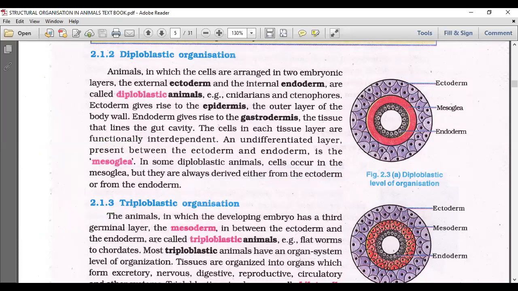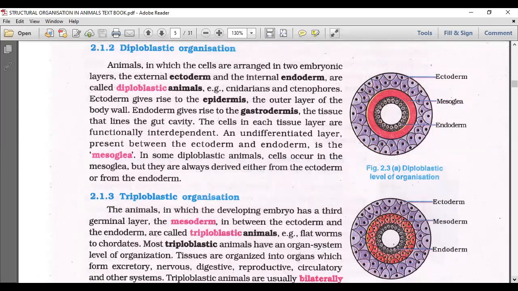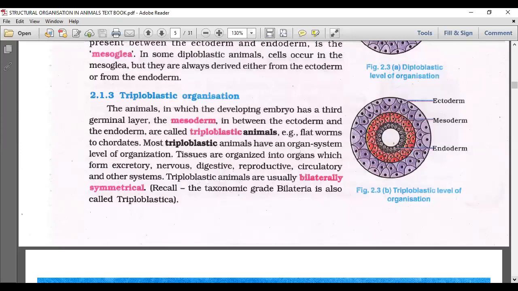Next. Okay, so we need to identify this in the diagram given here also. You see here, this is the ectoderm portion and the inner is the endoderm portion. In between, the red color shown is mesoglea, very famous, regular in examinations. If you see the same red color in triploblastic organisms, you'll find cells. With yellow I am closing here. When I open, you see the yellow portion is open. That means there you will find cells. You can see a layer called mesoderm. A third germ layer is formed, mesoderm.